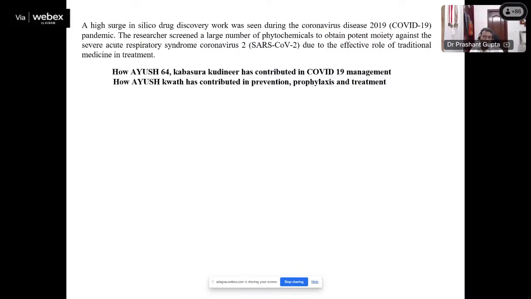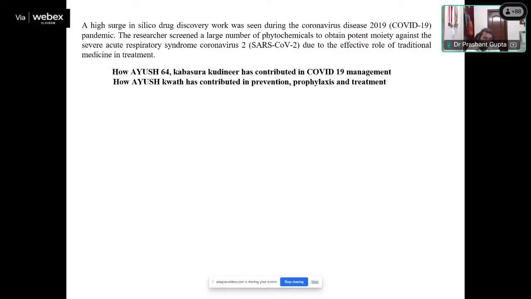In the last 4 years, if we take the example of COVID-19, what we learned during this period is that a high surge in silico drug discovery took place from 2019 onwards, when researchers screened a large number of phytochemicals to obtain a potent moiety against severe SARS-CoV-2. Due to the effective role of traditional medicine in treatment, we learned that there is hydroxychloroquine, South Korean traditional medicine is using something, and African countries are using some herbs for preventing or